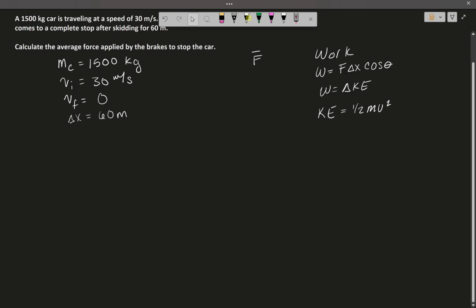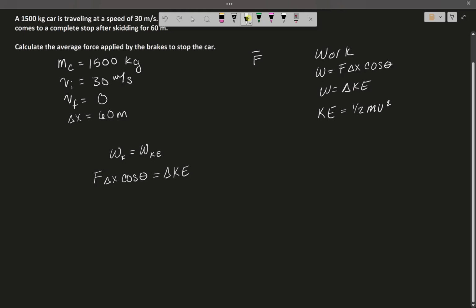So to do this, I'm actually going to set the work of force equal to the work of kinetic energy, meaning that I will have force times my change in position, cosine of theta,